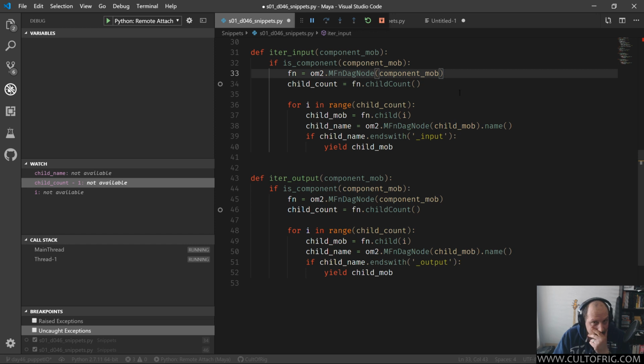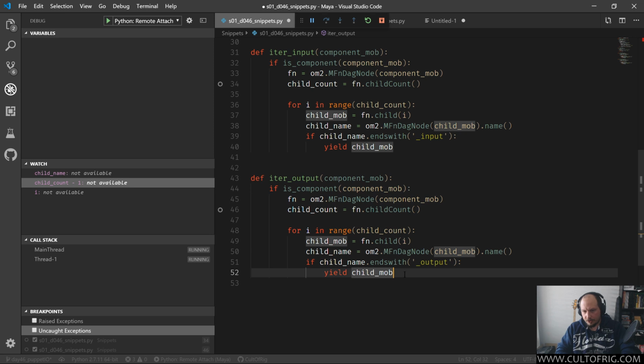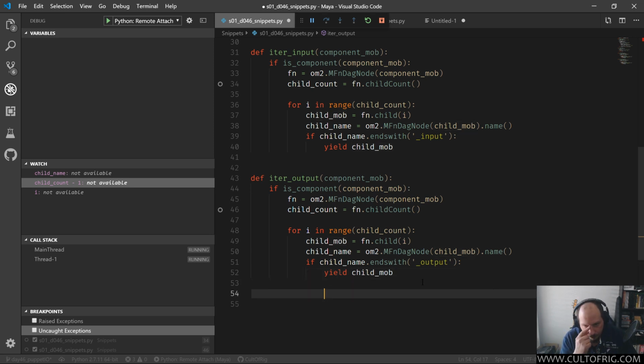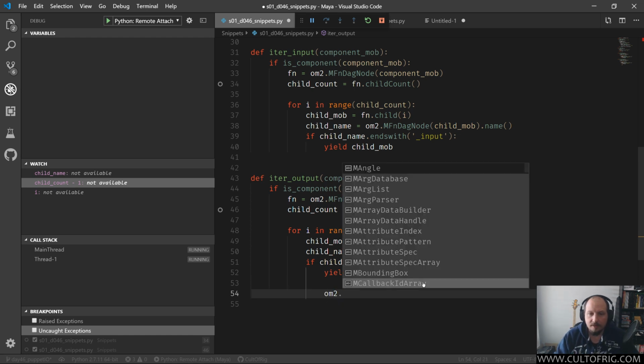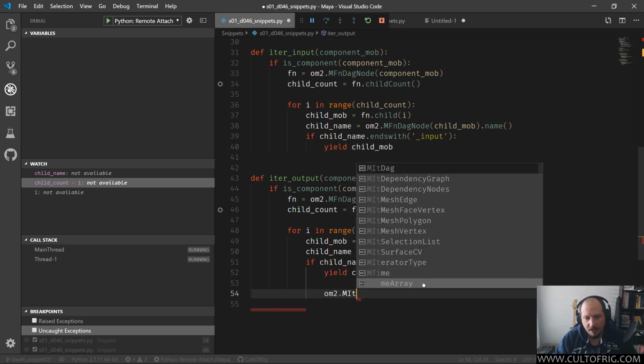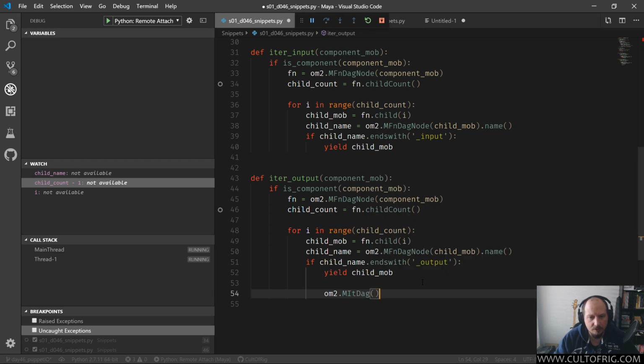But we have not done that in the input. I believe that the input is attributes only. So in output, what we're interested in is, if it's this case, we want to yield the child mob, and then we also want to yield all of its children. Now, if we want to yield all of its children, we don't want some particularly shallow thing, and depth first is probably a good idea, and some speed is probably a good idea. Then MIT DAG becomes a less bad idea. So, MIT DAG documentation,